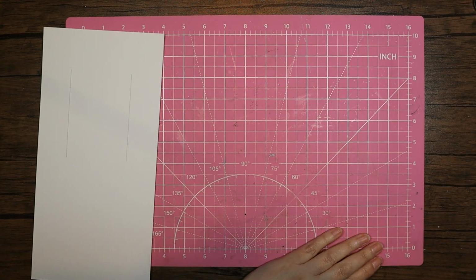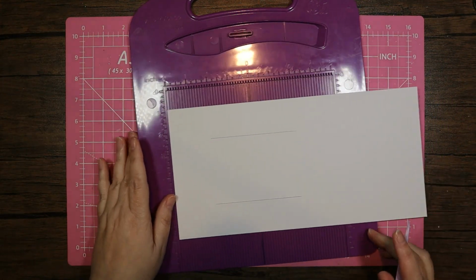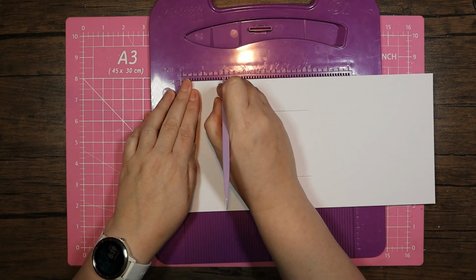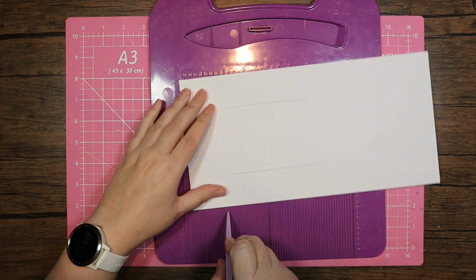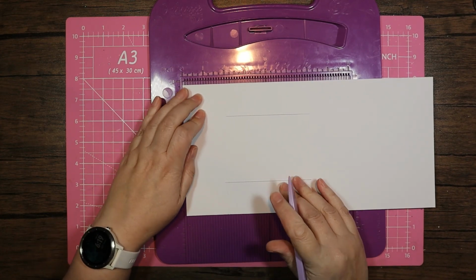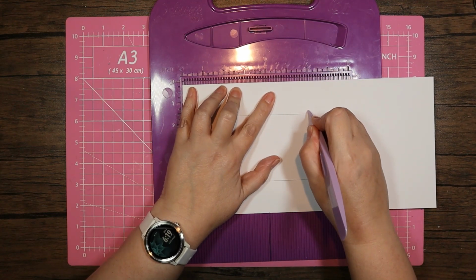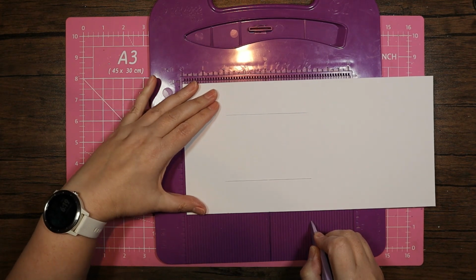And then if I pop that down for a second and bring in the scoreboard. So with your cuts 2 inches from there, we're going to start on this side, and I'm going to score at 2 inches up to the cut, and then if I take that off, pop that back in, and then I can do the 2 inches up to the cut on the other side. And then on the 4 we're going completely across, so that's 4 inches, and then at the 6 inch we're doing the same thing with those up to the cut line. I'm going to have to come underneath again